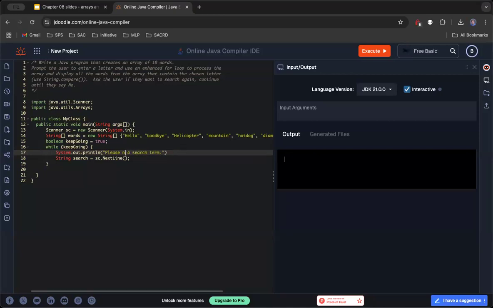Let's get this spelled right. Let's go ahead and compile that just to see where we are. I've made a spelling mistake here on nextLine. nextLine should be a lowercase n. So,